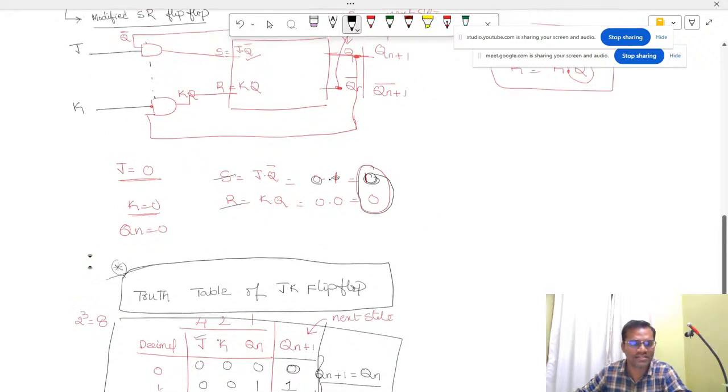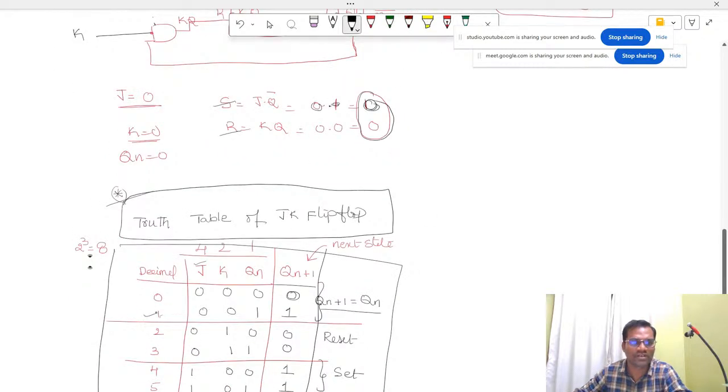So now take decimal 1. For decimal 1, what is the value of J? J equal to 0. For decimal 1, what is the value of K? 0. And for Qn, what is the value of Qn you are getting? 1. Okay, now I am having the inputs in terms of J, K, Qn,